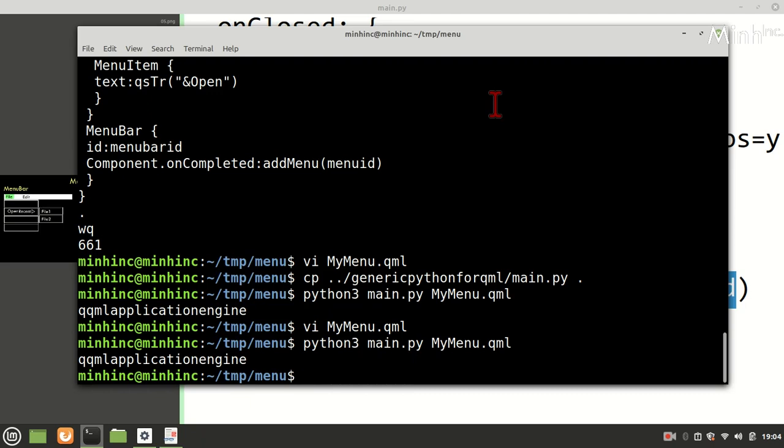Now we'll implement a small file opening kind of thing. It should really work. I mean, there should be a real example where it should really work. So what we are going to do is add a few things. We'll add one text area.